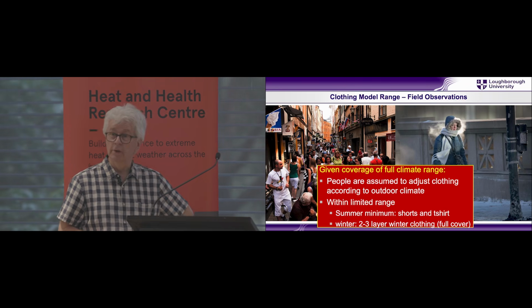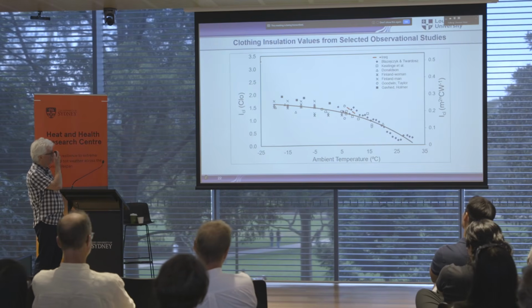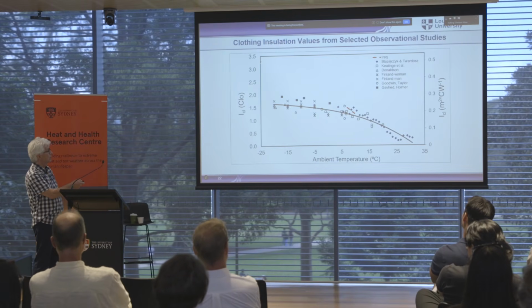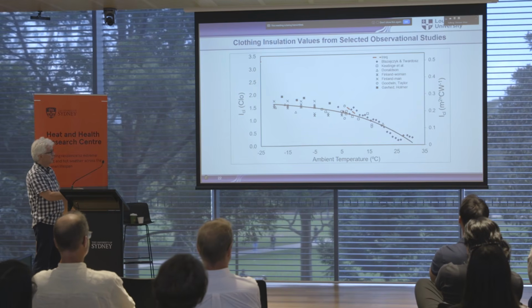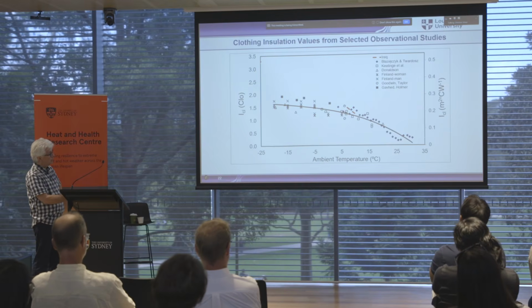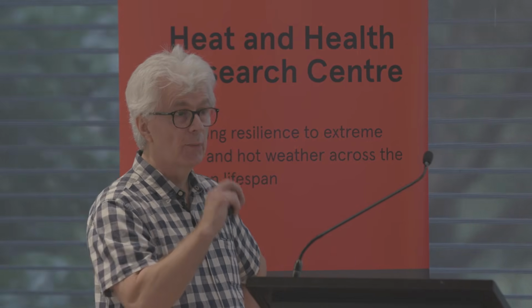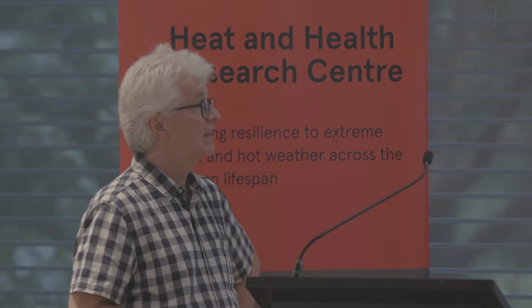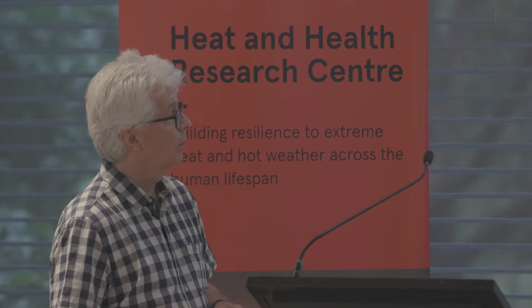We looked then for studies of clothing behavior and brought together those data. So on the y-axis here, it's intrinsic clothing insulation, but don't worry too much about that. So this is the insulation of the clothing. This is the same thing in a different unit on this side. Ambient temperature, and these were lots of field observations where people just looked at people passing by and tried to come up with what they are wearing. And in some cases, they were stopped and asked, because if you have winter clothing, 3 layers, you need to stop them and ask, what have you on under there?